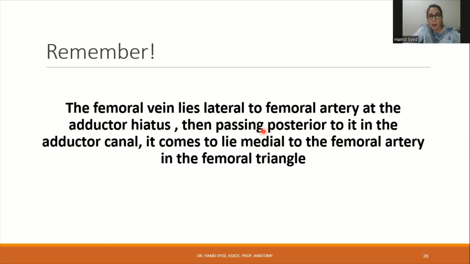And then as it passes posterior to it in the adductor canal, it comes to lie medial to the femoral artery in the femoral triangle. So we can take this in a direction from below upwards, or you can see it in a direction from above downwards, from the femoral triangle to the adductor canal, or you can consider it from the adductor canal towards the femoral triangle. But anyhow, the